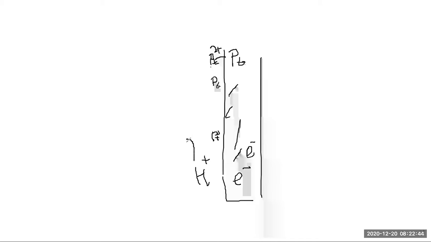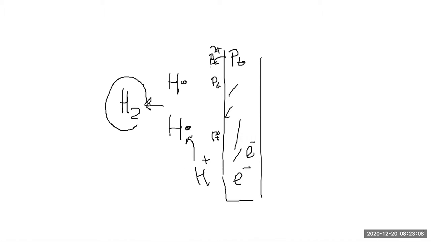The hydrogen ion becomes a neutral, single charged atom. Each of them meets another such atom, and they form hydrogen gas, an H2 molecule,